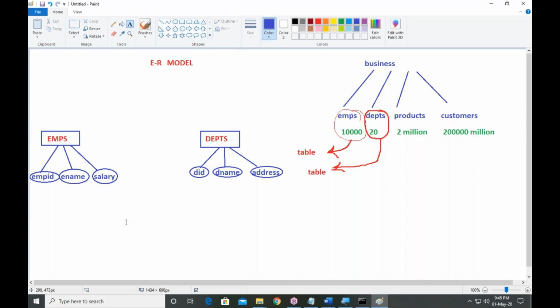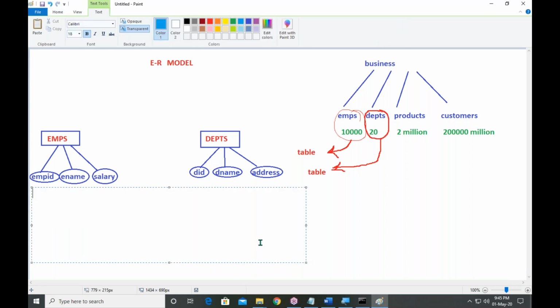The next method. For example, listen carefully, guys. I am maintaining data. Employee ID 1010, employee name A, employee salary 50,000. Next one: employee ID 1020, employee name B, 40,000.